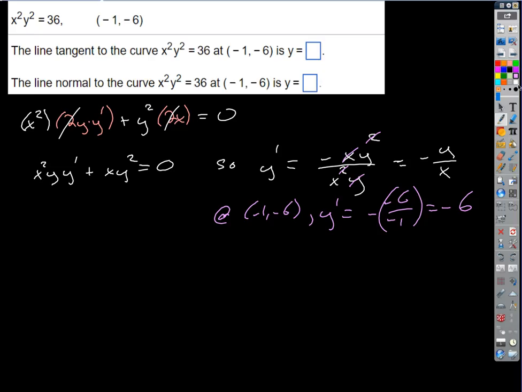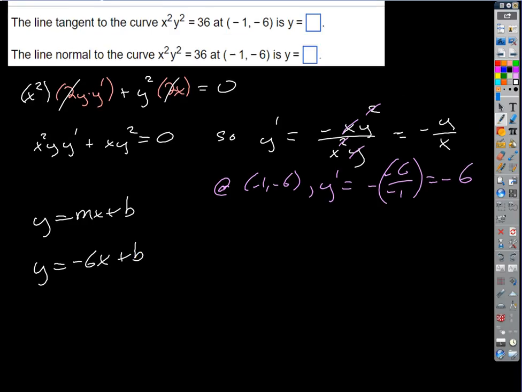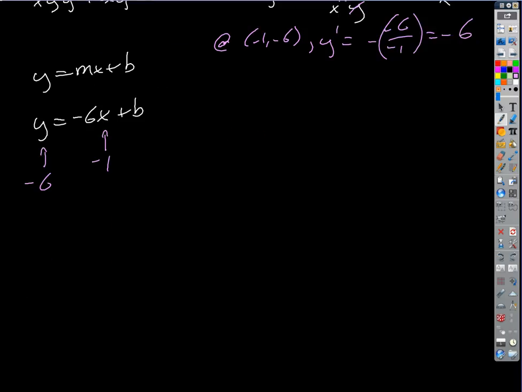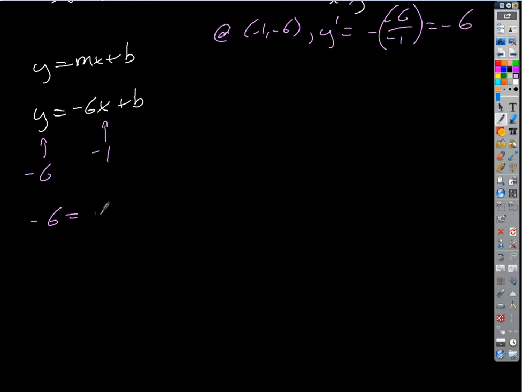So all I've got to do is solve for my line. y equals mx plus b. So y equals -6x plus b. I could solve for b by plugging in the point -1, -6: -1 for x, -6 for y, and that's going to give me -6 equals